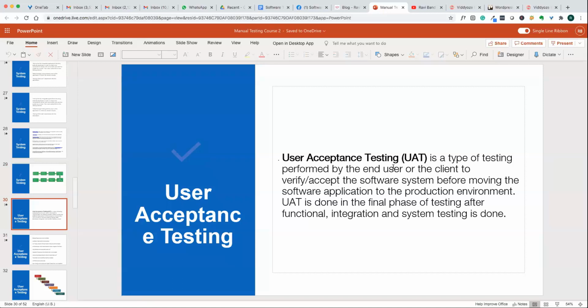This is the testing done by the end user or the client to verify or accept the software system before moving the application to the production environment. UAT is done in the final phase of testing, after functional, integration and system testing is done. This is the last phase of the testing process.